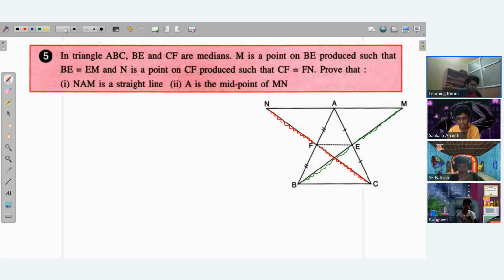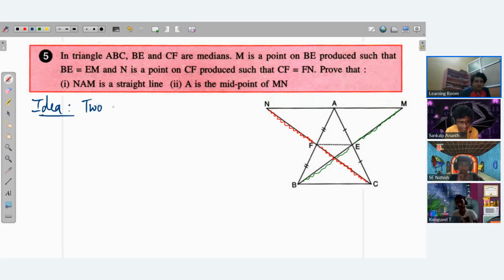So probably this is the first time you are seeing how to show something is a straight line. It's not very direct, but it is based upon an assumption. Lucky for you, you're good at assuming things. So you know, see, the thing is, we show that